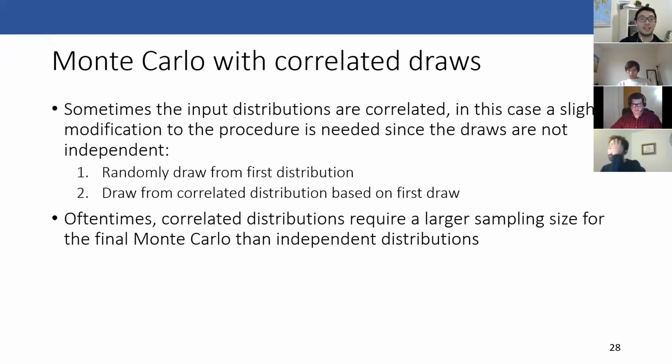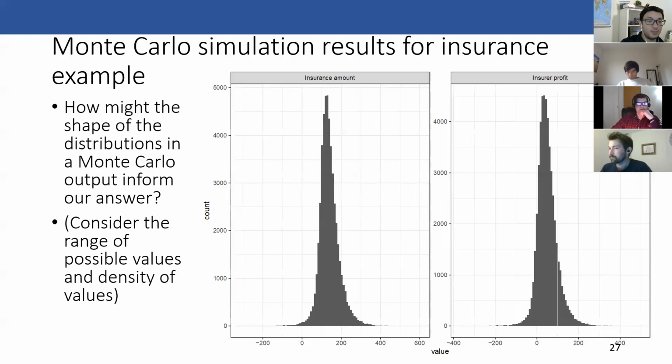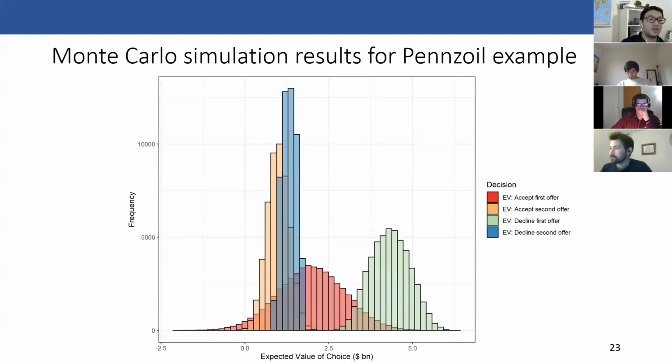And one of the things to note is that correlated distributions often require a larger sampling size for your final Monte Carlo compared to independent distributions. Okay, so this is a point that I actually haven't really talked about yet. So let me go back actually. So for example, in this case, the number of draws, I think it was about 10,000 draws